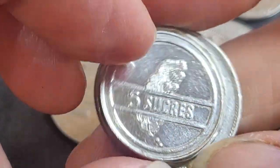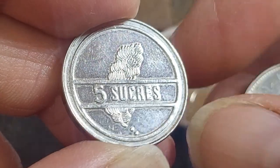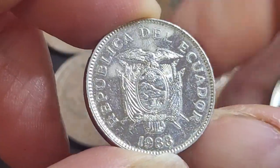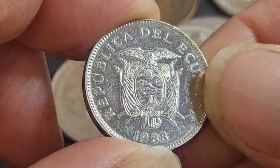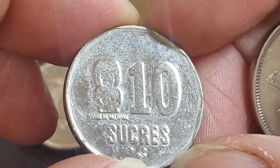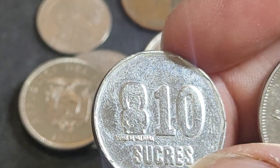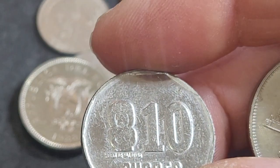But here we have the 5 sucres, has bananas. And all these are coin rotated, so you flip them north to the south. So it's nickel plated steel, 1988. Then we have the 10 sucres. So this one has, I just looked this up, it has a quite interesting,